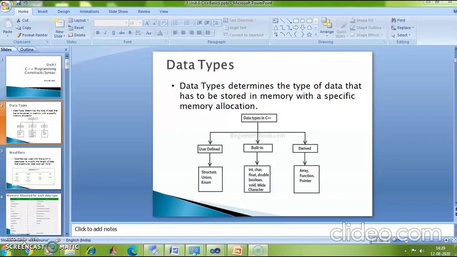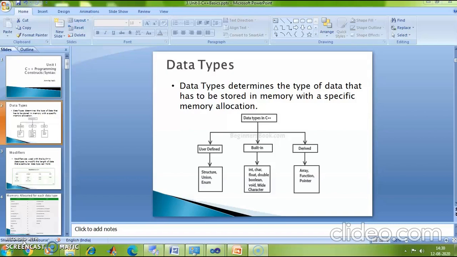So I am considering all the positive values. An unsigned integer can hold values from 0 to 2 raised to 32 minus 1. Why is it 2 raised to 32? Because the size of integer is 4 bytes.